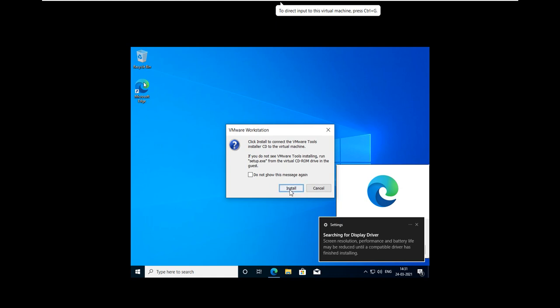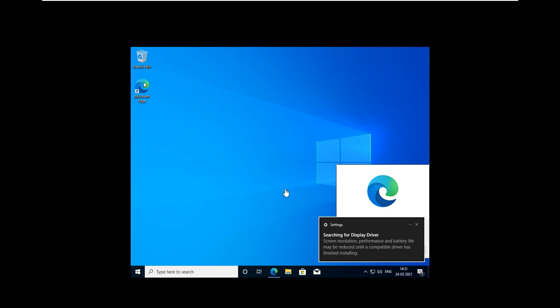It will insert a virtual DVD ISO image into my virtual machine's DVD drive, and we can install it from here. So I'll select install. Now it is going to add the ISO image of VMware Tools into this virtual machine's virtual DVD drive.